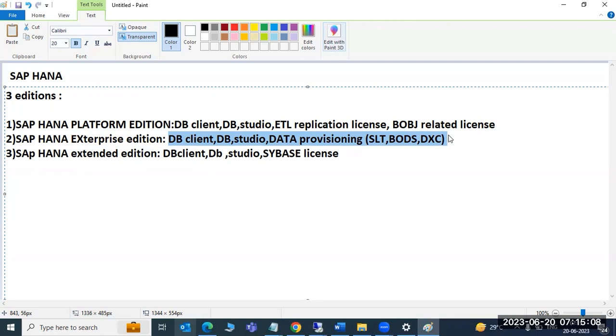Same here also. If you need only the additional features, then you can purchase this data provisioning. So these things we can purchase. Maybe it's not a good example, but it's related. SAP is releasing three editions: platform, enterprise, and extended. Platform edition means you get the normal DB software,